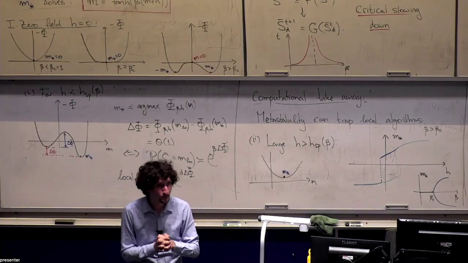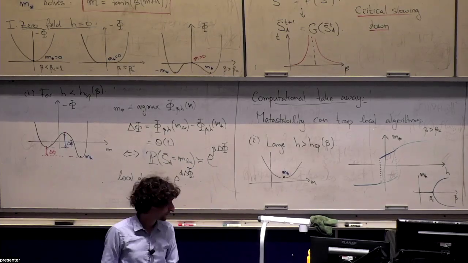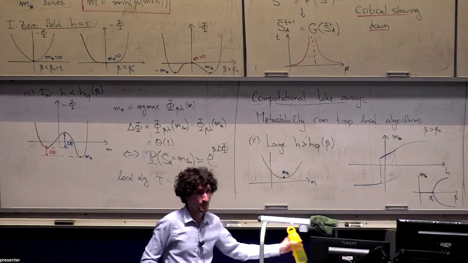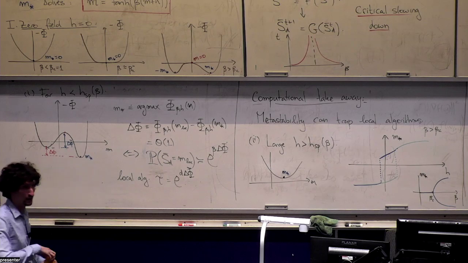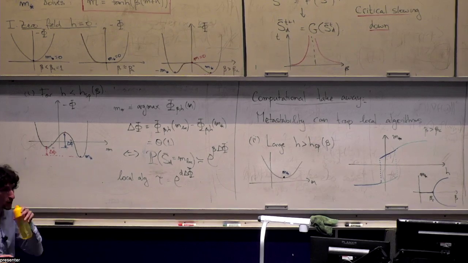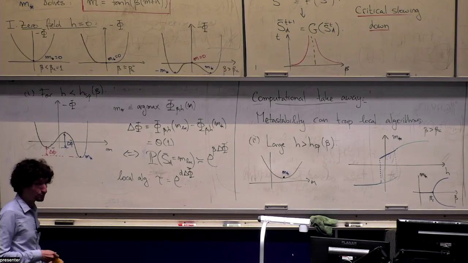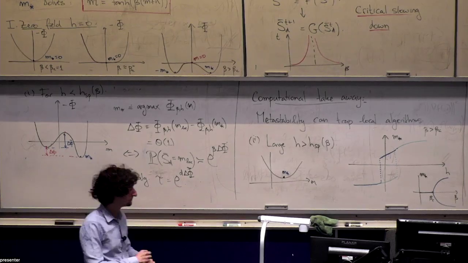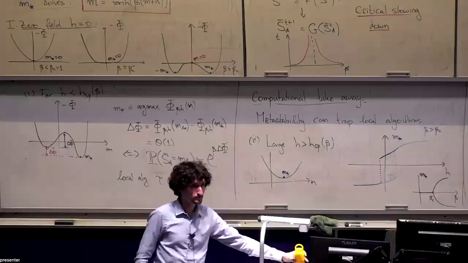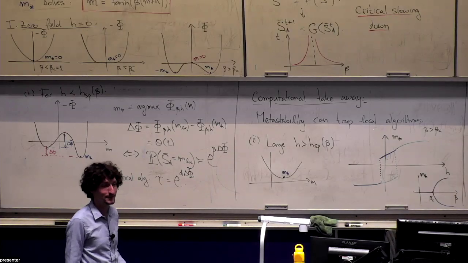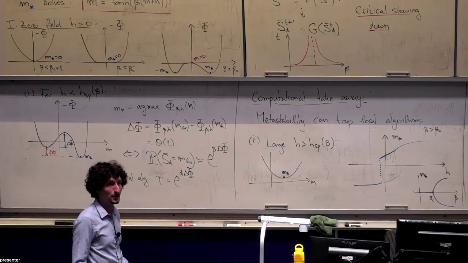Yeah? I'm a bit confused between these pictures and the pictures you had on the first day. On the first day you had a picture that looked like that, but then you said think of it as water, and then as you decrease the temperature, you're coming down. But in this story, if I start at high temperature and start decreasing temperature, I should start with a picture corresponding to that, which is just a convex function. And then the landscape itself starts changing, right?